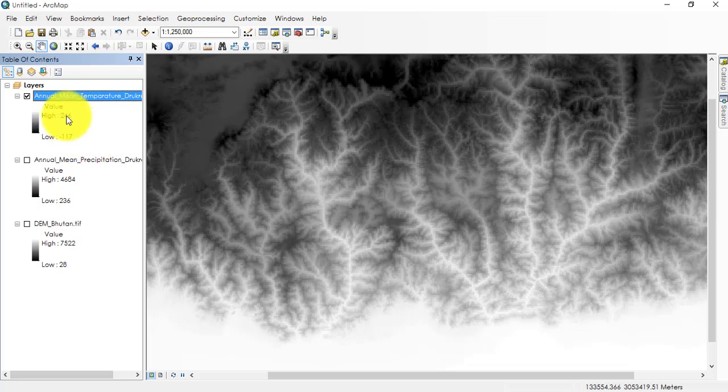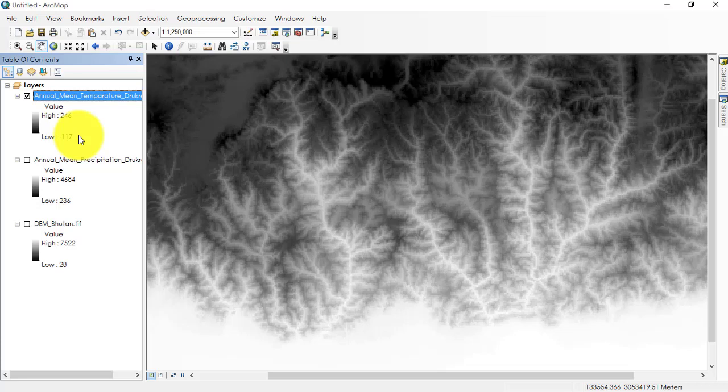So on the higher side, we put the decimal after 4 and before 6. So it is to be read as 24.6 degrees Celsius, and the lowest is negative 11.7 degrees Celsius in